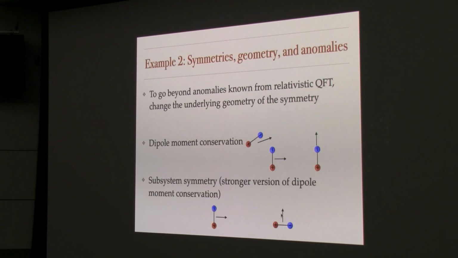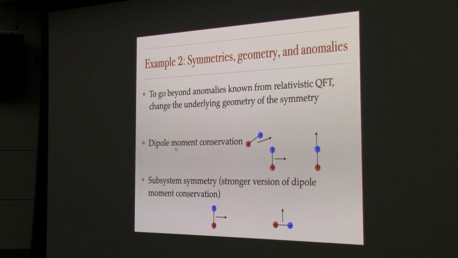Okay. So the second class of examples that I want to talk about, so that was option one, was to look at symmetries acting in these very strongly interacting systems. And there are other variants of this that you can think about. But the second qualitative thing that I can do is I could change the symmetry, okay? And an interesting way to change the symmetry is to make it into a symmetry that cares about the underlying geometry in a way that familiar global symmetries do not.